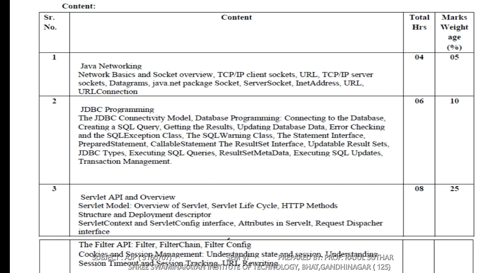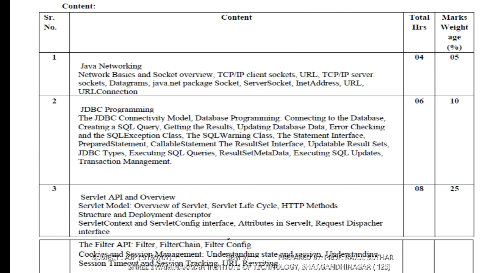In this JDBC model, we will discuss database programming as well as connecting to the database, creating the SQL query, getting the result, updating database entries, database error checking, the SQLException class, SQLWarning class, Statement interface, PreparedStatement, CallableStatement, the ResultSet interface, updating ResultSet, JDBC types, executing SQL queries, ResultSet metadata, executing SQL updates, and transaction management.